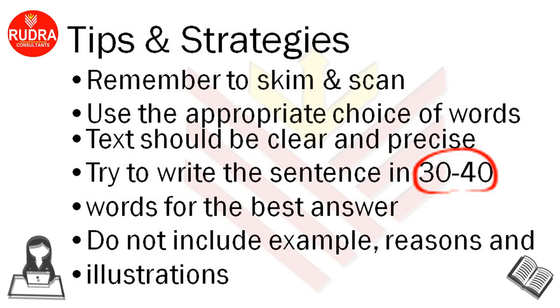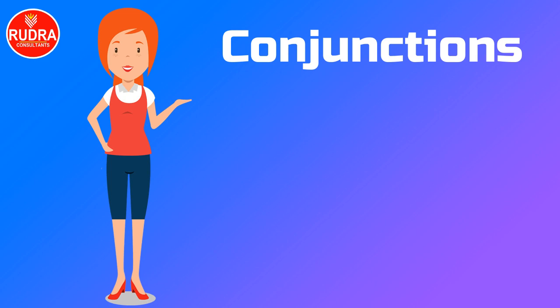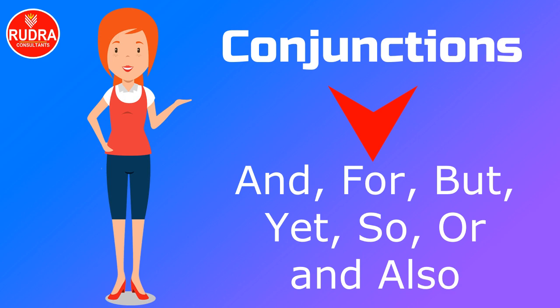One thing, in the writing section, conjunctions play a vital role in this part. Conjunctions are very helpful for getting good marks. Mainly we can use them in the summary. A conjunction is a part of speech that is used to connect words, phrases, clauses or sentences. We can use many conjunctions in our writing section, for example, and, for, but, yet, so, or, and also, so on. With this tip, we can get very good scores in PTE.